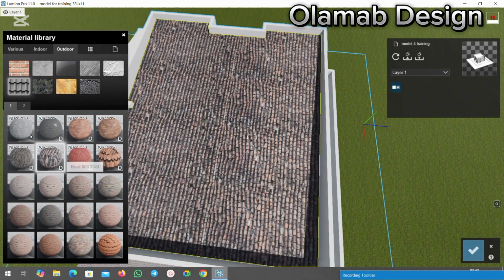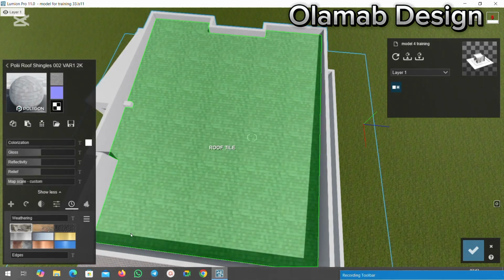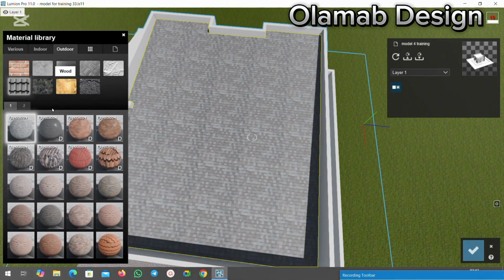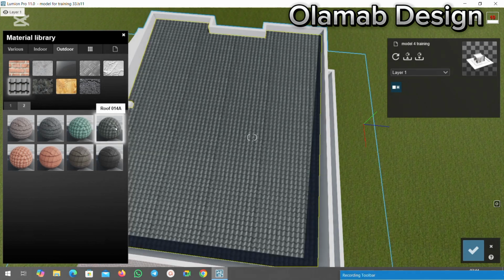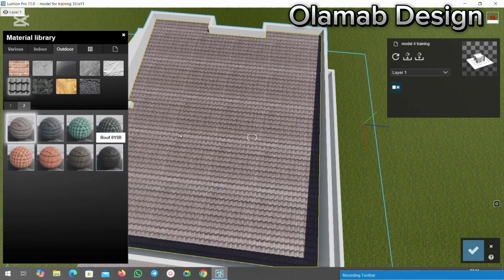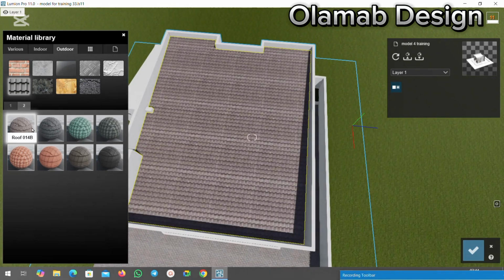Can you see the way this one is looking? So you can select any other material here. Let me still double click on it back and look for any other material. Can select this. Can you see how this one is? So that is that. So you can choose to use this particular one. It looks more realistic. Can you see that? Then if you double click on it,